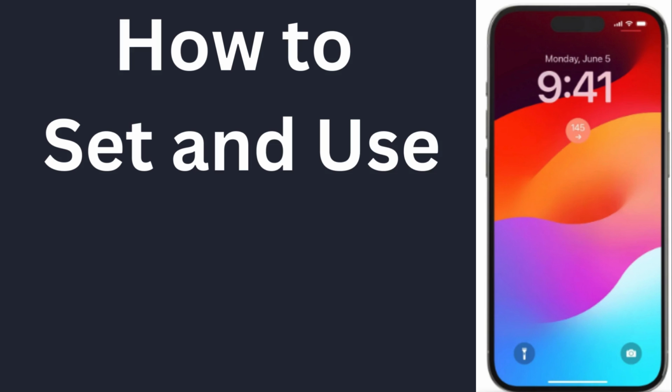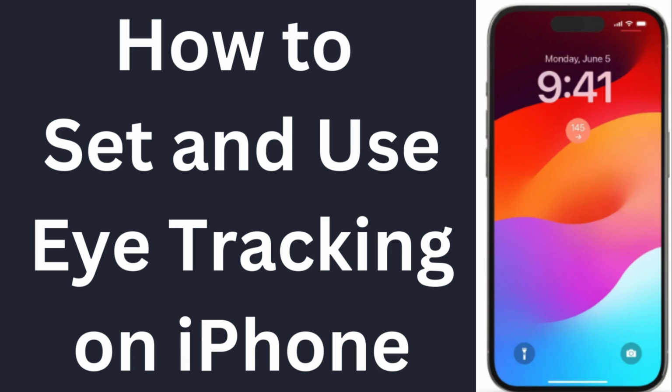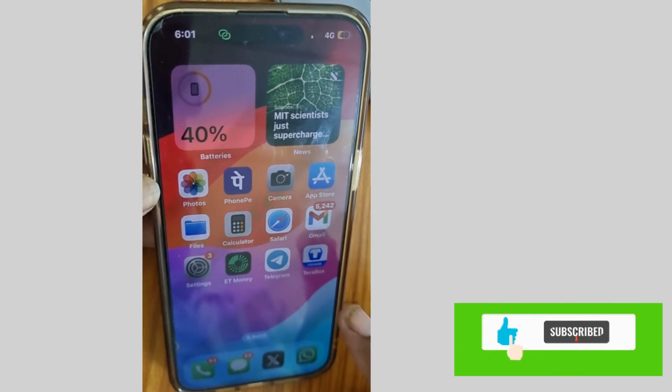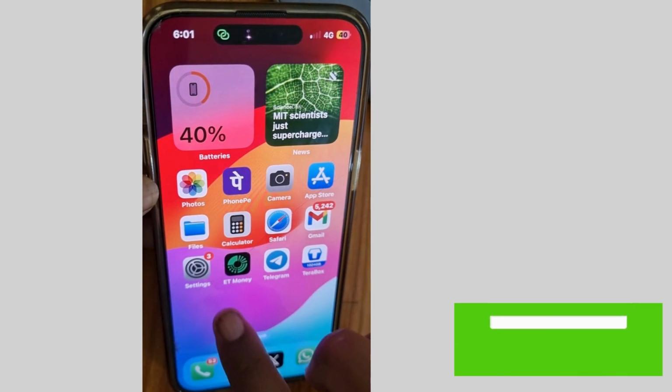Hi guys, in this video we will see how to set up and use the eye tracking feature on your iPhone. It is very easy to set up and use eye tracking on your iPhone. To do so,